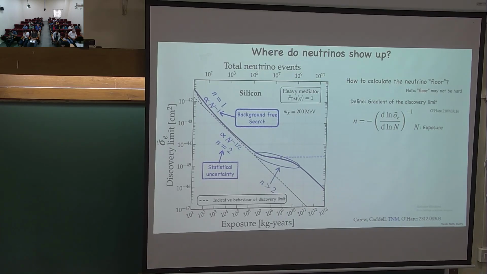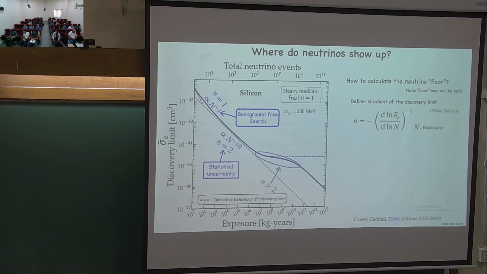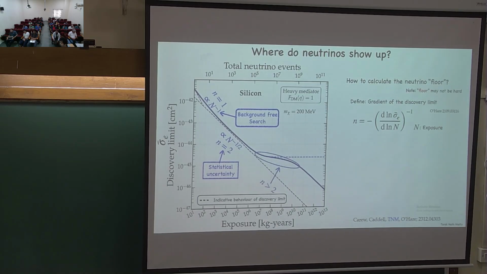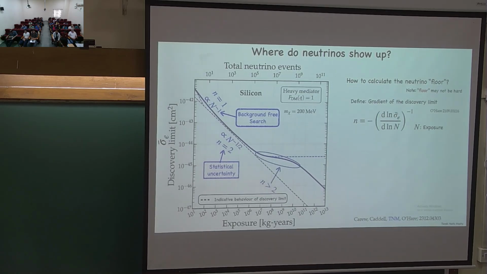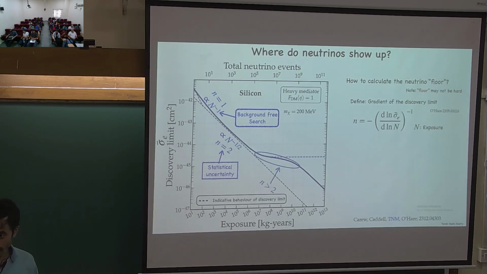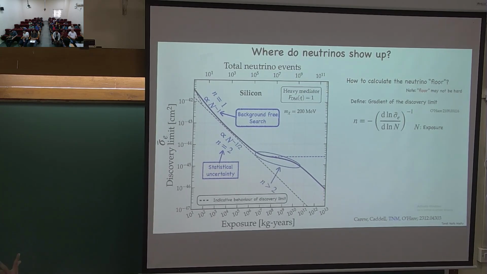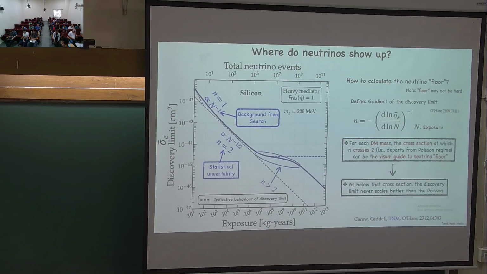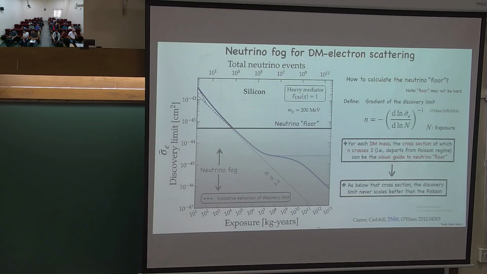Okay, so now as you understand, over here in the systematic uncertainty dominated regime, even if you are increasing the exposure by orders of magnitude, the cross section that you are probing is really very small. You are increasing your exposure by orders of magnitude, but the change in the cross section is by only 1 order of magnitude. So essentially, once you enter the systematic uncertainty dominated regime, probing those cross sections is really very difficult. So you can define the statistical and systematic uncertainty dominated regime boundary as a sort of visual guide to the neutrino fog. That's what we try to do, and this is our calculation.